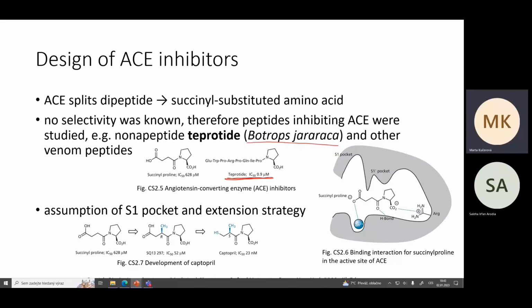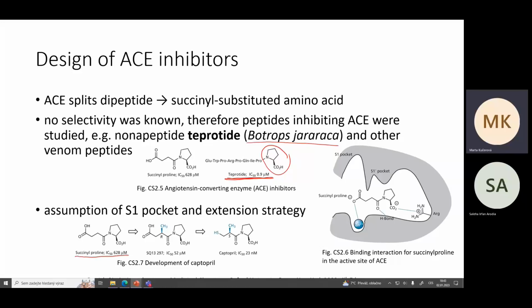It was known that there is a proline on the C end of the peptide, or oligopeptide. So these two features, benzyl succinic acid and proline, were combined together, and the scientists started with